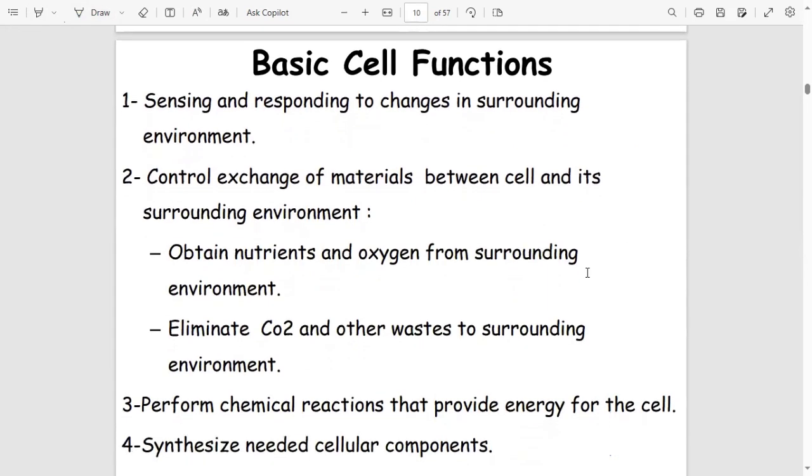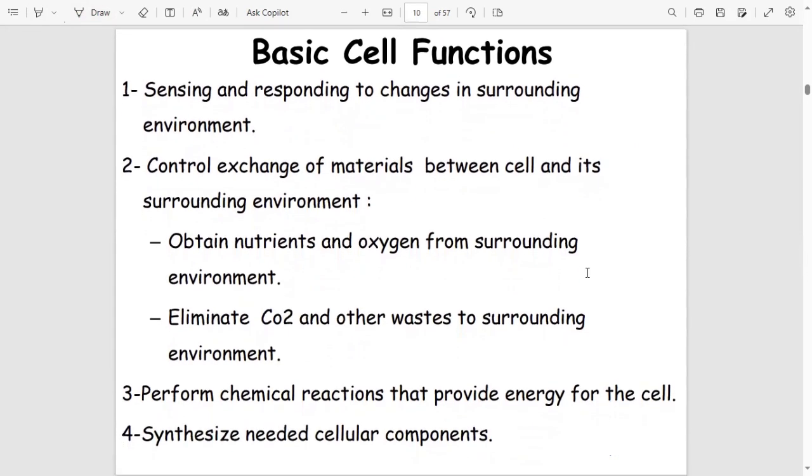And then we can look at the basic functions now. So the basic functions of the what? The cells. So I'm going to end here. Let me just explain some of them. So the first one we are saying